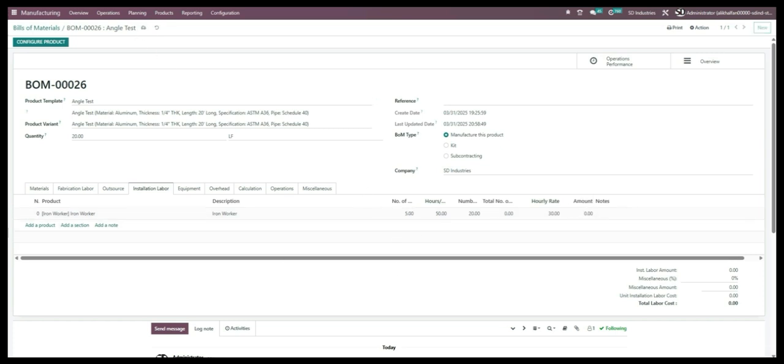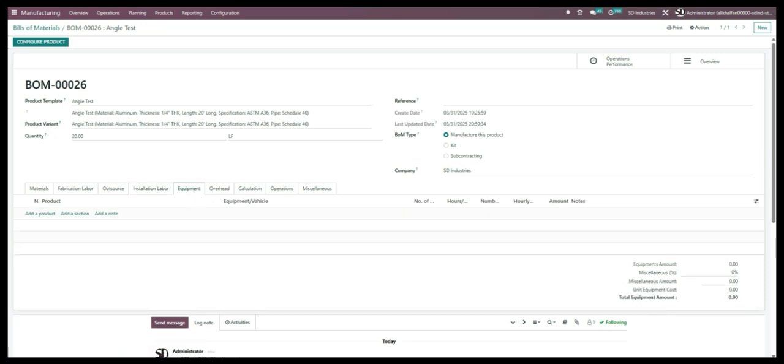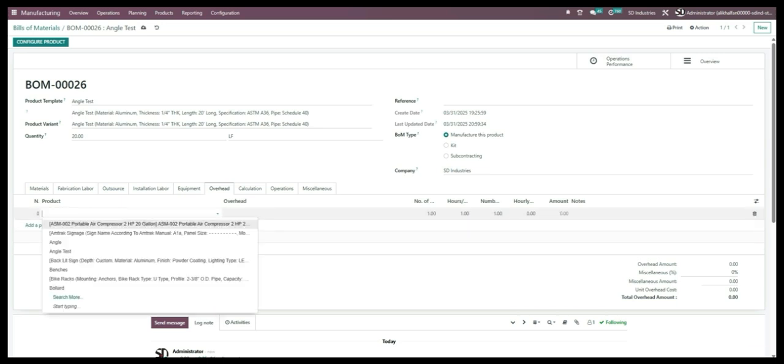And that's it. And then we save this. Yeah, same goes for the equipments, any equipments that are there. And then for the overhead, okay, if you have any overhead expenses or anything,